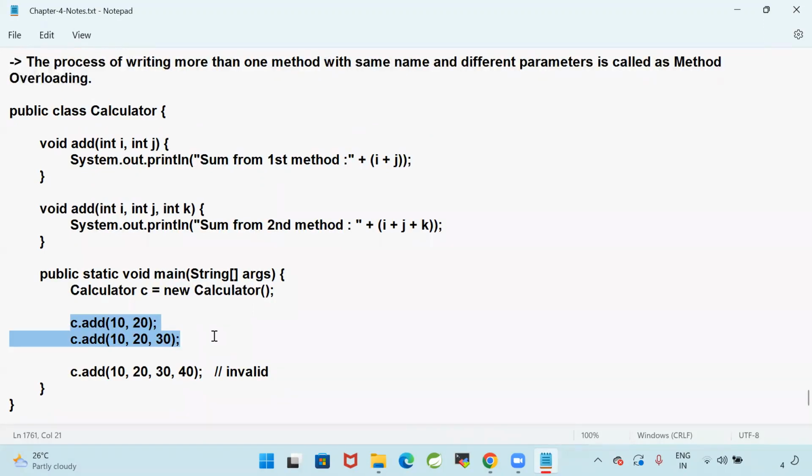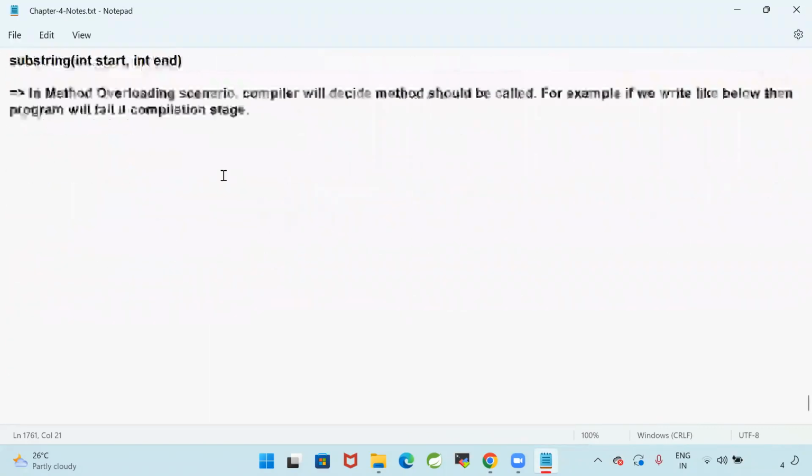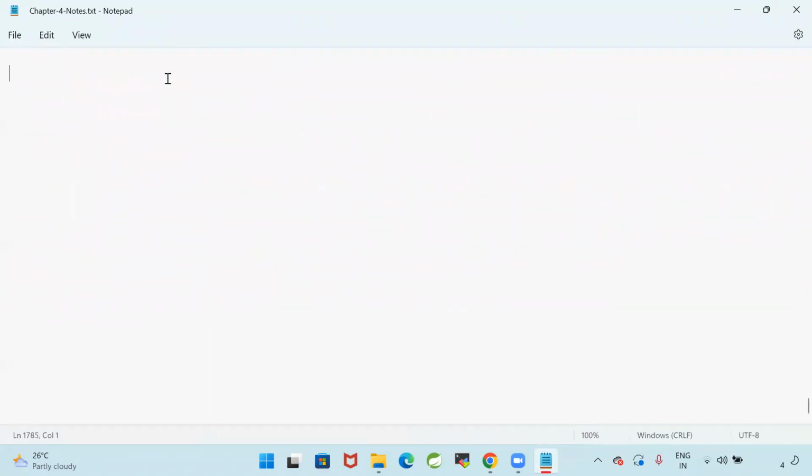The object is taking a decision when to call the method. So when the code is getting compiled, here only it will decide whether it has to call the first method or the second method. As it is taking the decision at the compilation time, it is called compile time polymorphism. Are you clear with this one? Yes. Next one, the next concept is method